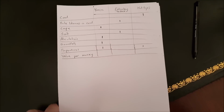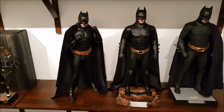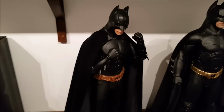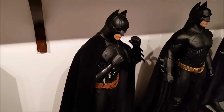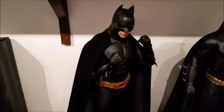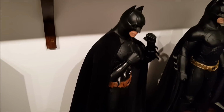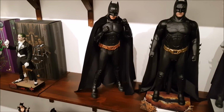He says, with only one category left to do: value for money, the final one. NECA gave us some cool accessories. You had the sonar bat summoner, the grapnel gun, a few batarangs. I think you may have even got the little packet with the Joker card in it from the end of the film, possibly. And then maybe little bat bomb things, little round doohickeys. It came with some interchangeable hands,